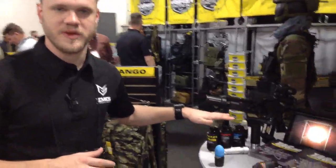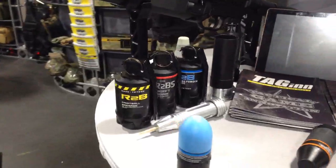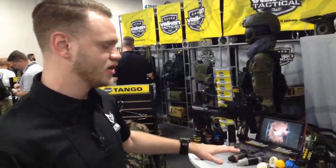Their primary product is their grenades. Now, their grenades are a really extensive part of what they offer. And until recently, it was very difficult to get them here in the United States. Well, I'd like to be one of the first to tell you that the R2B in all of its configurations is currently available and will be available at Evike.com very, very soon with their remaining series of grenades, including the